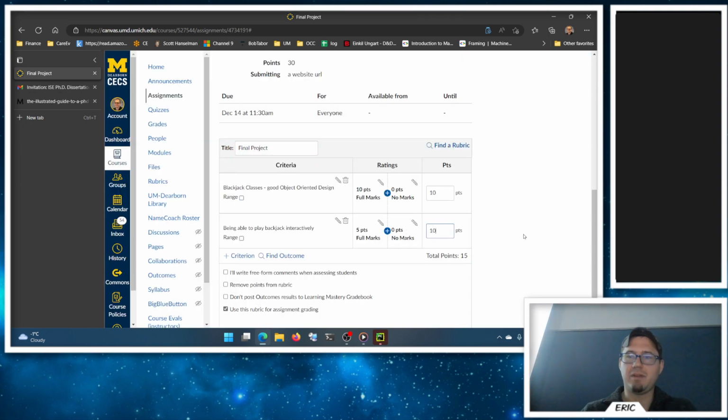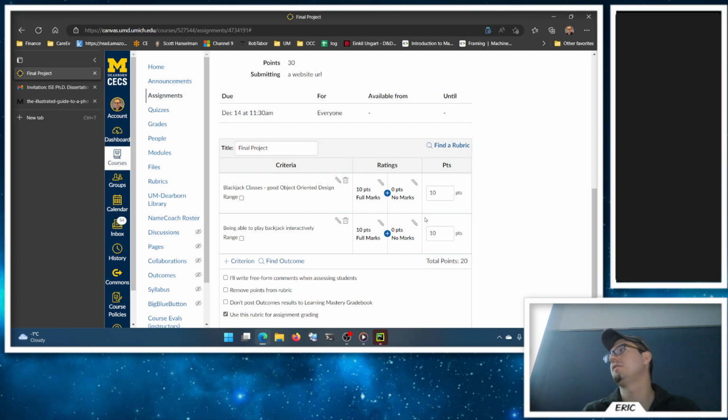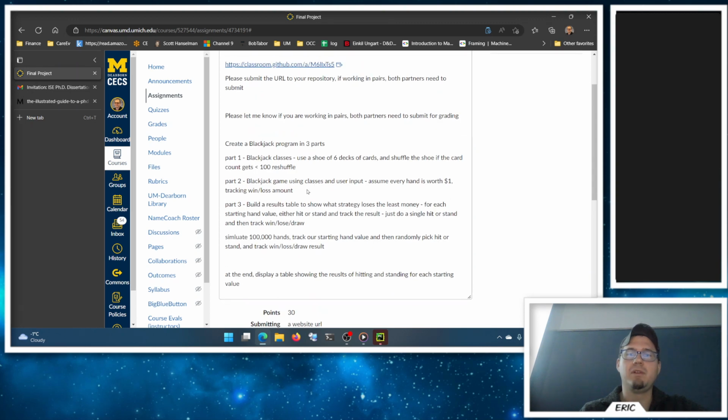So using my classes, or even if you don't use classes here, if you can just play blackjack, 10 points. Ideally, you wrote the classes first and then you play the game, but again, I guess that's up to you. However you want to earn your points here or not earn them, that's your call. So if you can play the game,